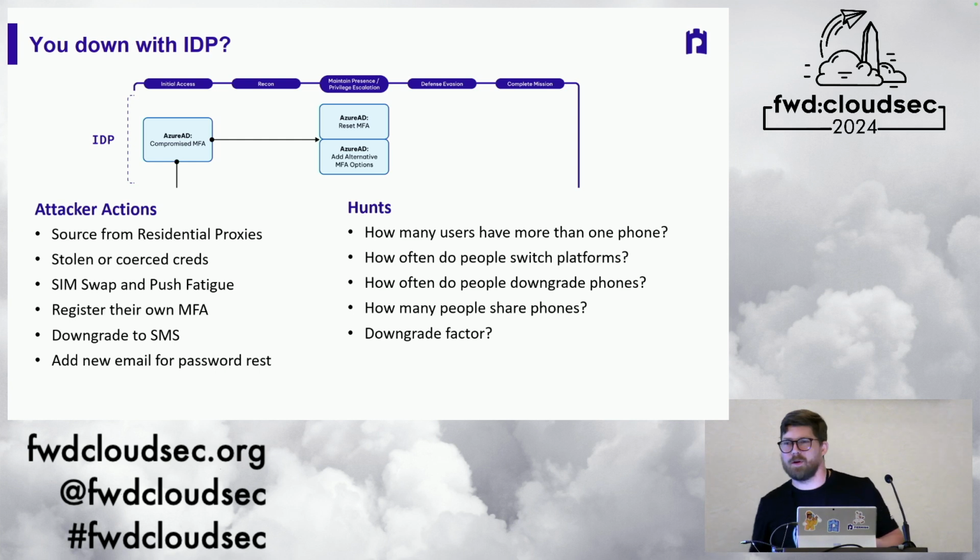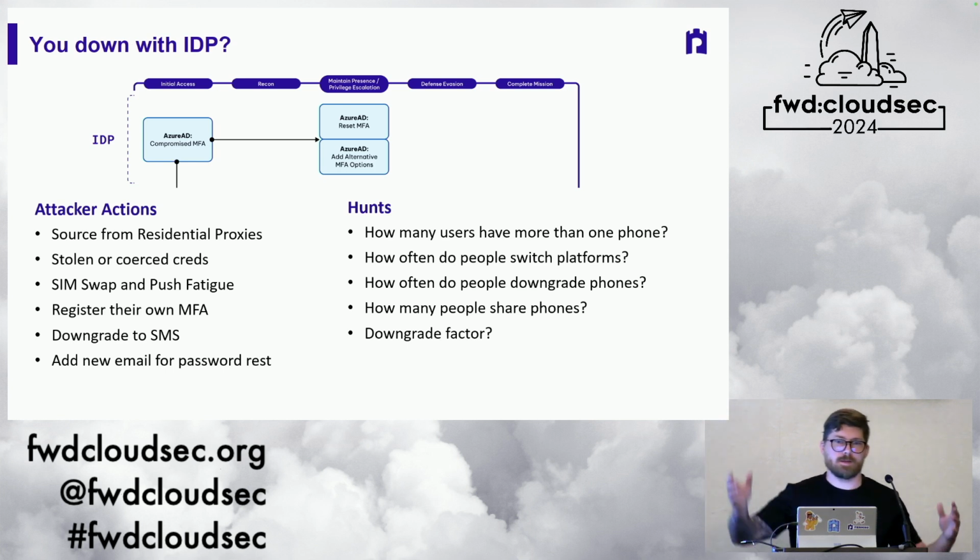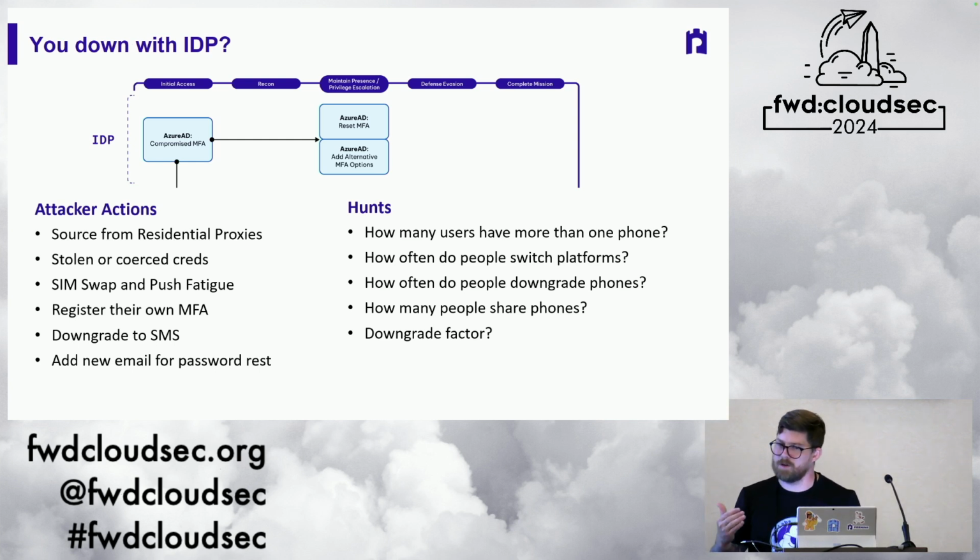One I love, and I don't know if Sylvia is here somewhere, is that everyone's got to have the latest and greatest, right? I've got a 15 Pro Max somewhere in one of these pockets. How often do you see somebody with a 15 whose next device they register is a 10 or a 12? No one downgrades, right? When you're not dealing with easy things like malware, these are the types of things you have to think about for detecting these activities in your environments. What's just a little abnormal from the standard usage?